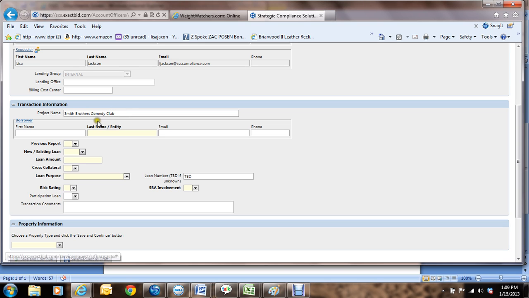And the tab button takes you to each additional field, or you can use your mouse, whichever one you prefer. You can put in the borrower first and last name, or if it's a company, you put that in here. These fields with the drop-down menu, depending on the answer that you give, it'll tell you whether there's some additional